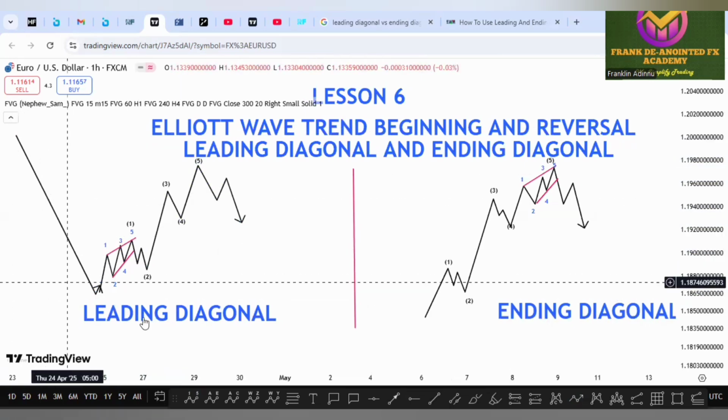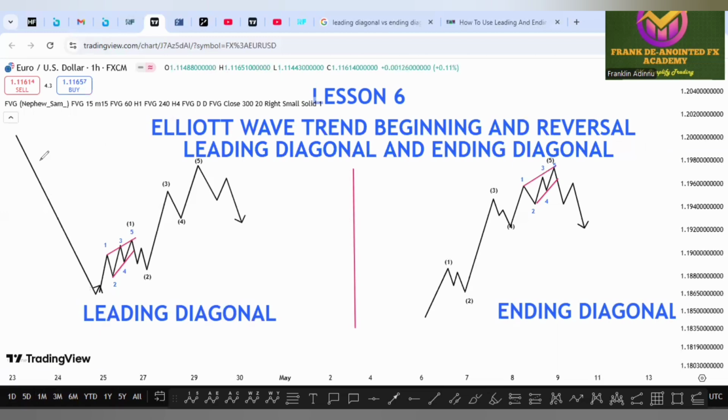So a downtrend came like this, and you begin to see something like this. You know that a new trend is about to begin. That is why you see something like this. If you sell it from here, it will not even come below here. It will stop halfway, and then boom, you begin to wonder what really happened. It's because it's a leading diagonal. The issue here is that before this leading diagonal, you must see an ending diagonal